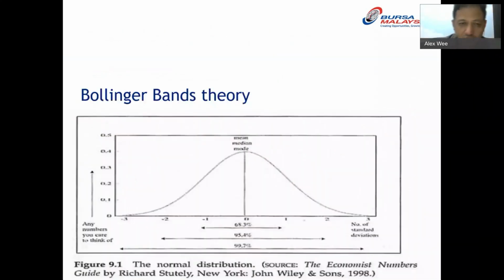Okay, of course, is this true today? I'm not sure whether you agree with me, but how many of you can guess, during the 2008 crisis, how many standard deviations did the price crash to? Is it 3 standard deviations when the price really crashed? When you measure the standard deviation, when the price crashed every day during the 2008 crisis, how many standard deviations were ever experienced by the S&P 500? Some of you might want to give it a try. We're going to type in the chat box. Is it 3 standard deviations? Or is it 4? Or is it 5? Or is it 6?